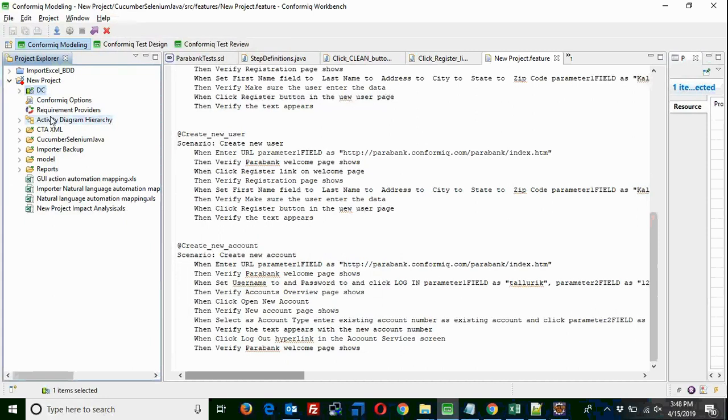If you mention register and not register link, it doesn't understand; it will simply convert that to a string object instead of a link object. Probably we have to fix it in the automation step definition method also. Whatever manual step is not corrected has to be corrected in the automation script also.